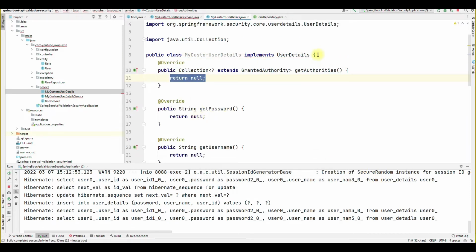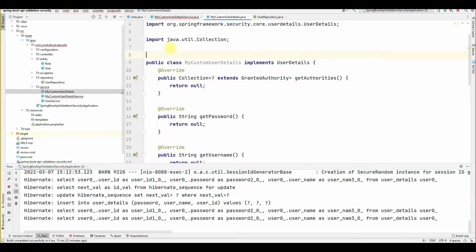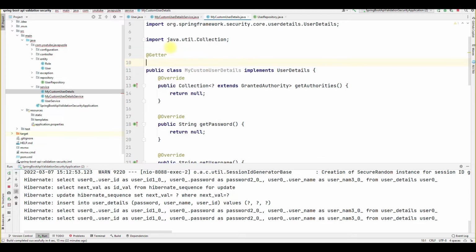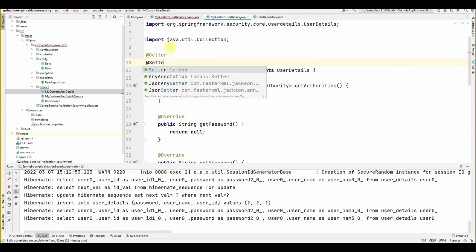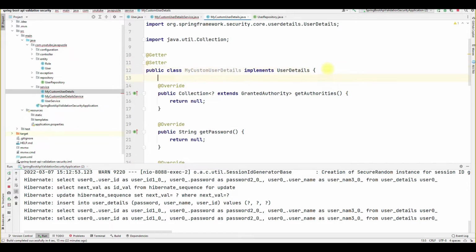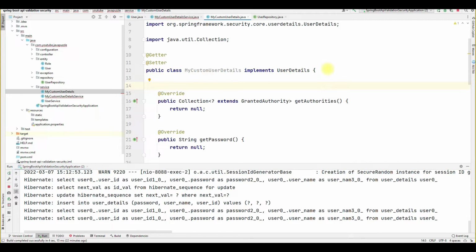We have to provide the getter and setter, because we are going to use this user detail whenever we implement my custom user detail.